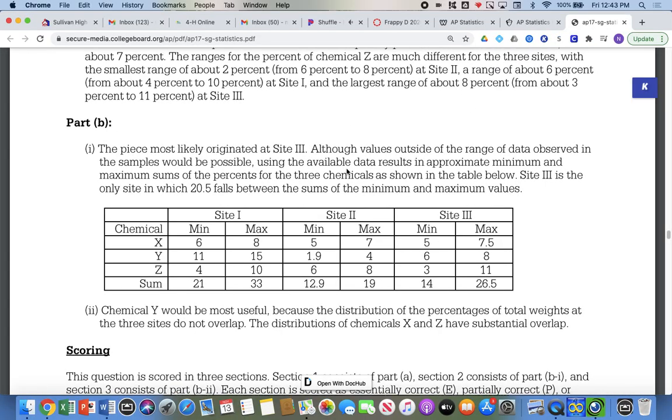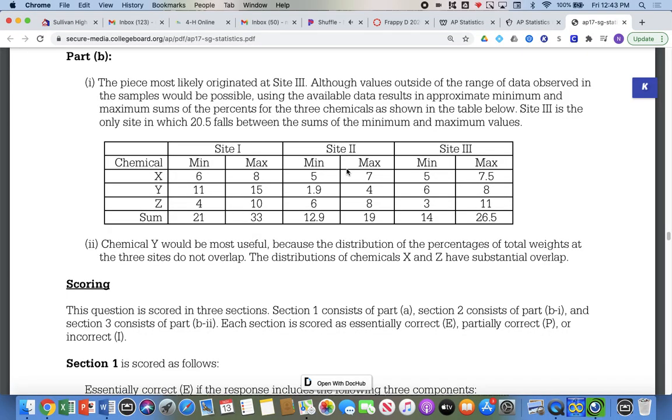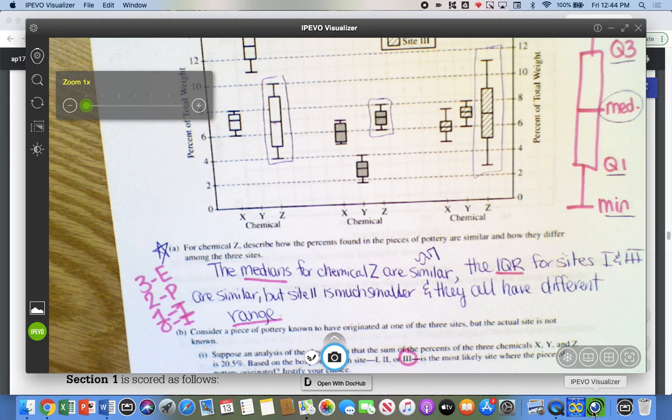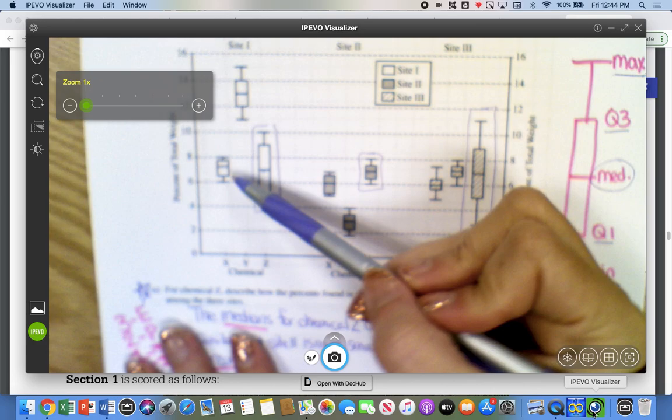All right, so here is what we have for part B. It's most likely originated at site 3. So the correct answer for this one is site 3. And here's why. If you added the medians for each part, if we go back to the question, if we wanted to add all of these medians,